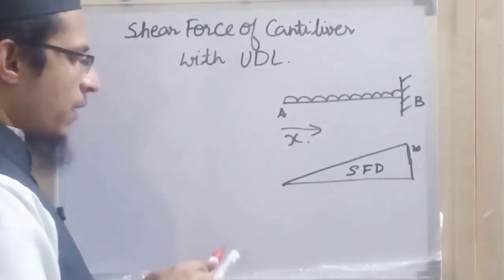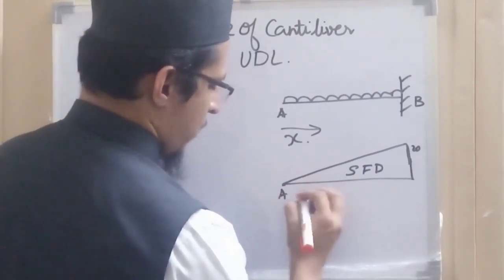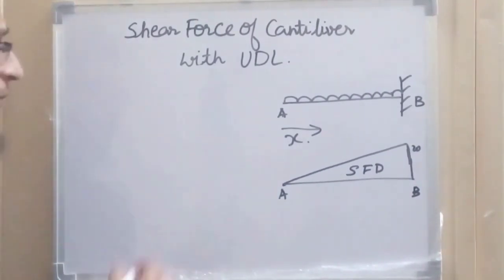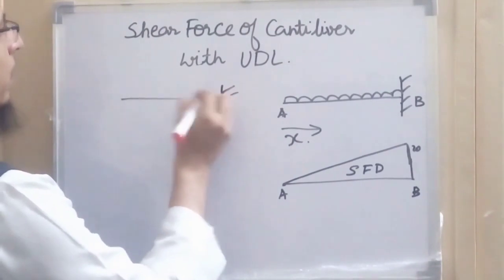So in case of a cantilever fixed with a UDL, this will be the shape of the shear force diagram. Suppose instead of UDL there was a point load acting here,